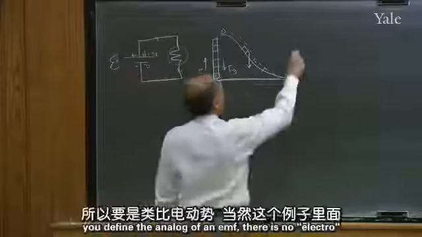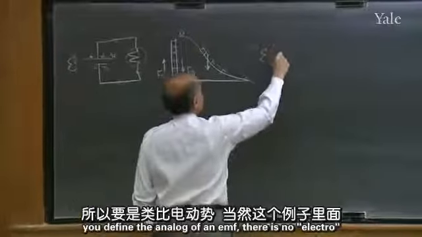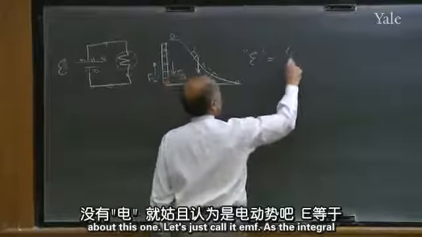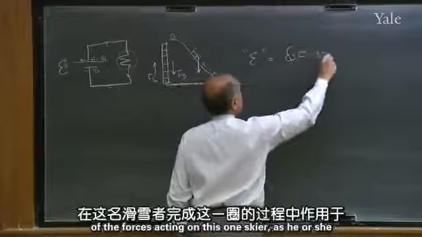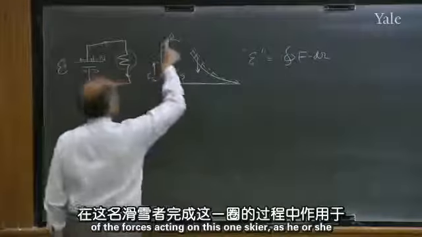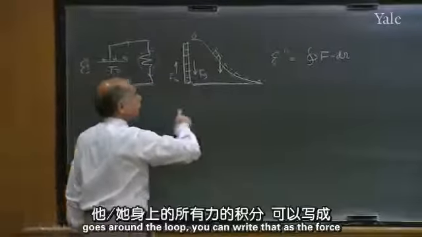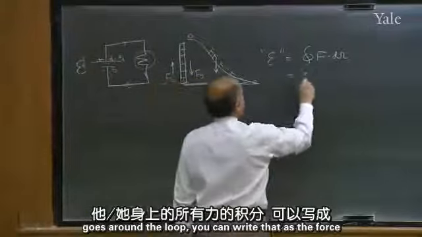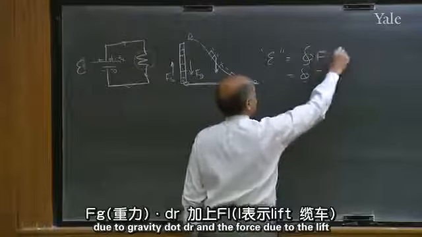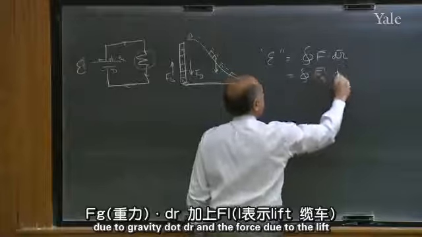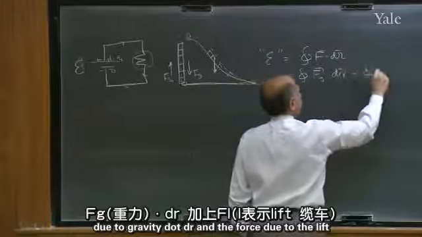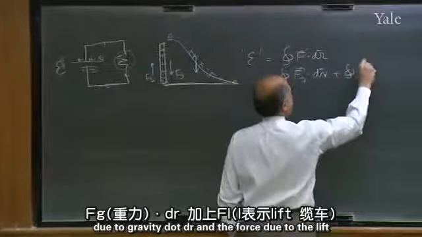So if you define the analog of an EMF, there is no electro about this one, let's call it EMF, as the integral of the forces acting on this one skier as he or she goes around the loop, you can write that as the force due to gravity dot dr and the force due to the lift,